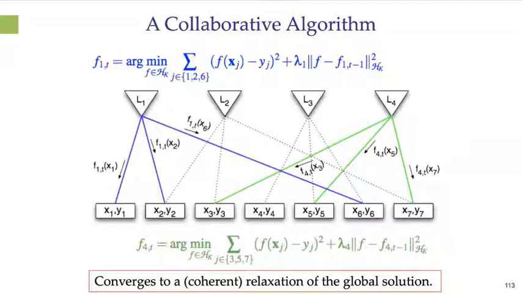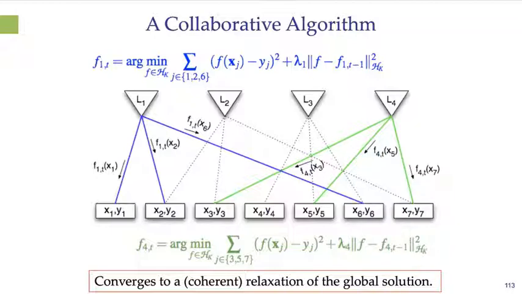So F1^t of X1, which is the estimated target for training data 1, written at iteration t from learner 1, is going to be written over Y1. Then we're going to move to training agent 2, which is going to do the same thing with its data, learning its version of F, and then writing over the targets in its data. And we're going to iterate around and around until we get to convergence, okay?